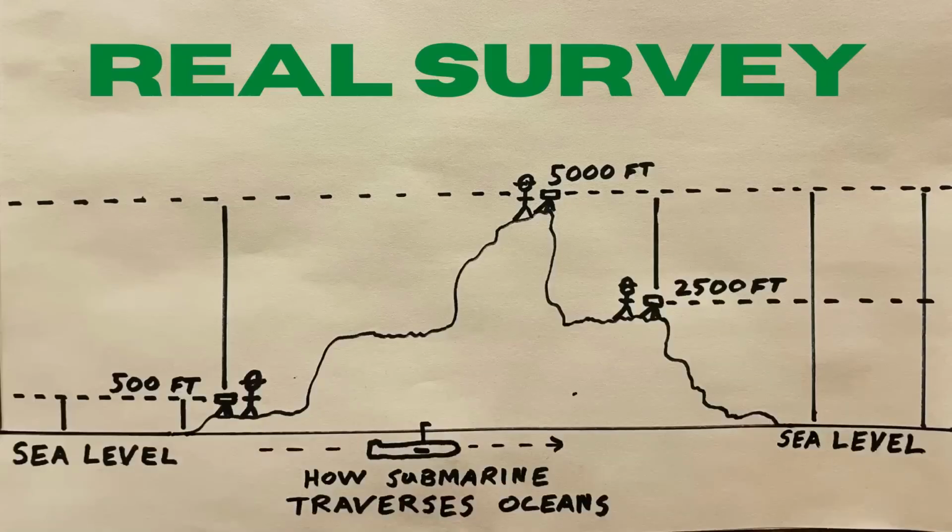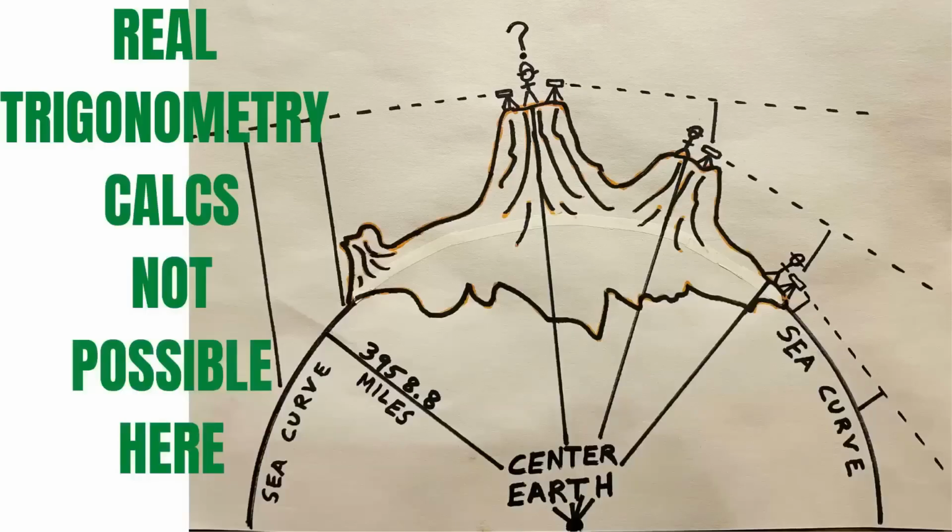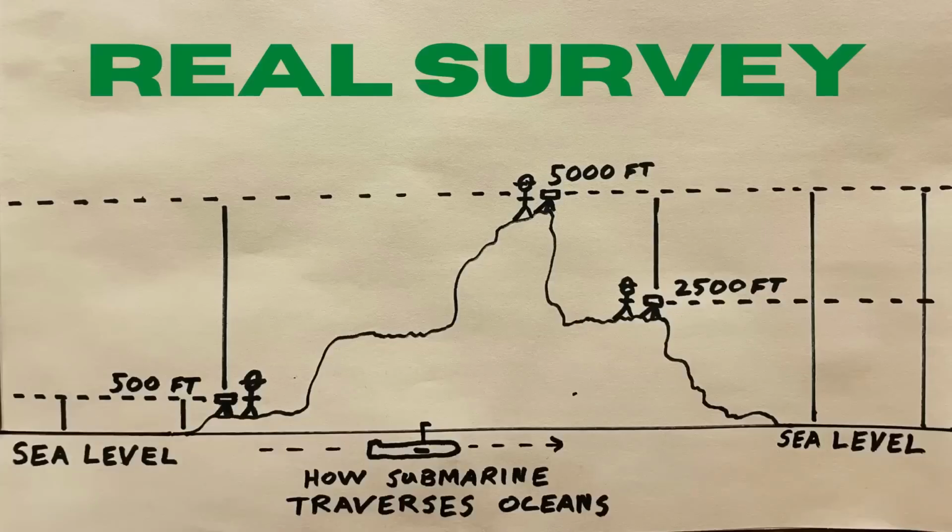A real-life land survey is done by using trigonometry, using a scope to measure the distance to one location, measure the distance to another location, and using trigonometry to calculate the vertical angle of the drop, and that is how